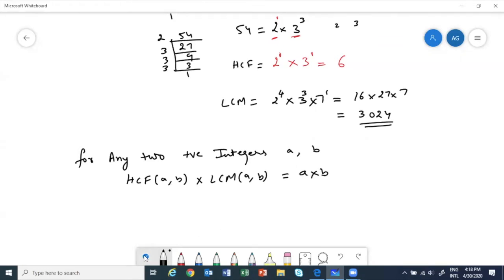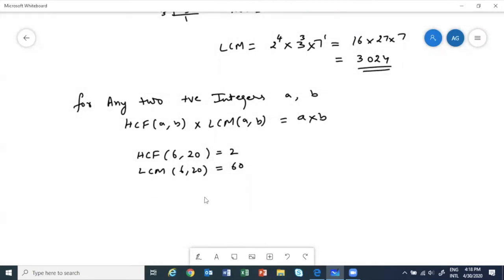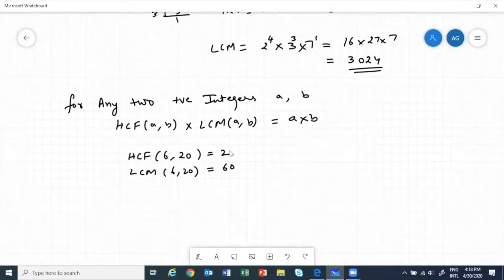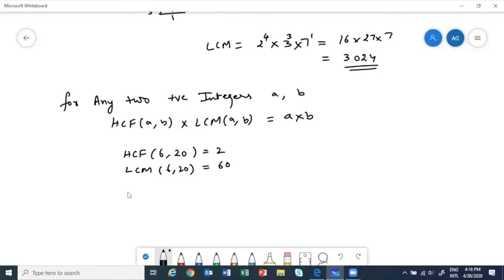So let's take the previous example and check. Remember, for 6 and 20, the HCF we found was 2, and the LCM we calculated was 60. We already did this. So now let's check. If we multiply HCF into LCM, it's 2 into 60, that's 120. And what about